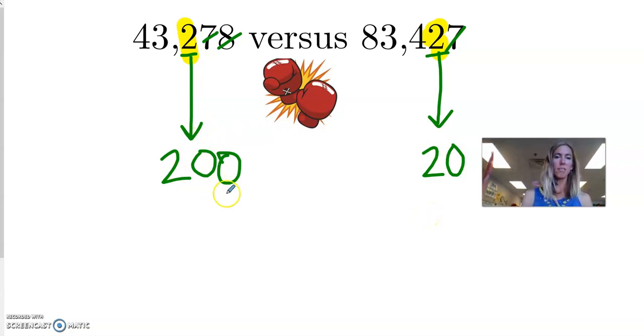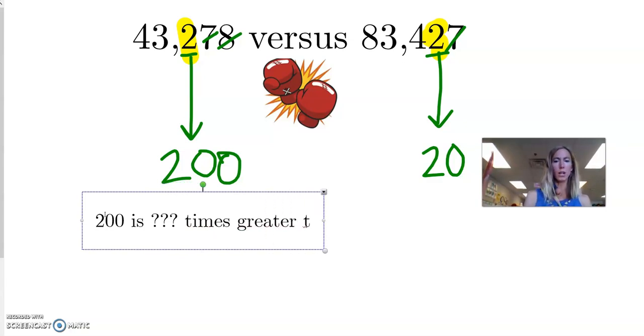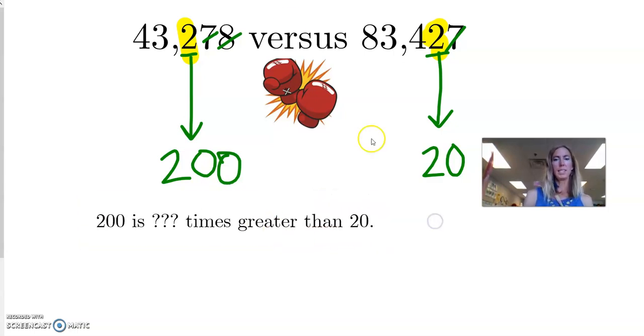So yet again, the left side taking the win. But by how much? So I'm going to write out my sentence, and I'm going to say, okay, 200 is times, is it bigger? Yeah. So I could say bigger or greater than 20. What is it going to be this time? So if I write out my equation,